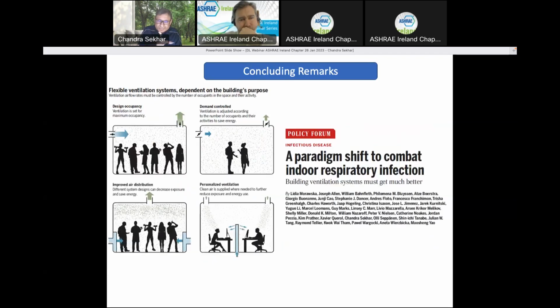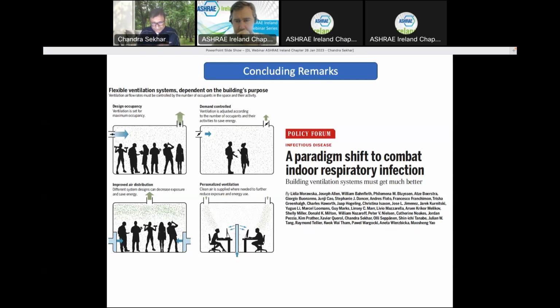So in that article, these 4 images that you see here really talk about the several things that I spoke about through this presentation here. Occupancy, the way people are seated, the way people occupy the space, the individual microenvironment control, demand control. We don't want to take a large amount of outside air, having a penalty on energy and other sustainable aspects of the whole discussion that we are always talking about, but do it in a way that we can manage the problem when it arises. So it's a resiliency in the operation.